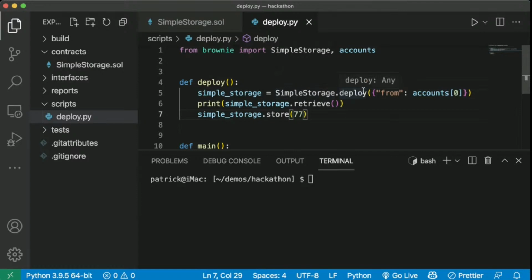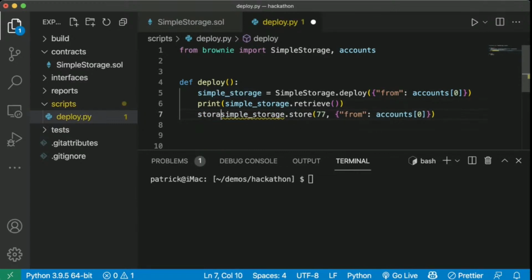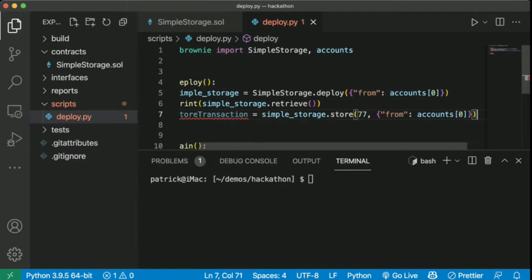Remember how before it said, hey, everything needs to end with an account? Everything that changes state needs to have an account. So we'll do from: account[0]. And I'll do store_transaction equals that.